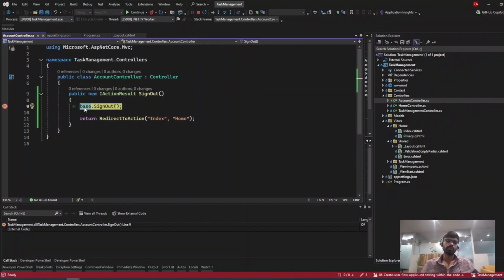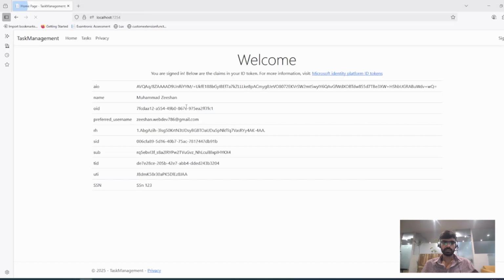Okay, so after logout, we are redirected to this method, right? So you could see that in this way,